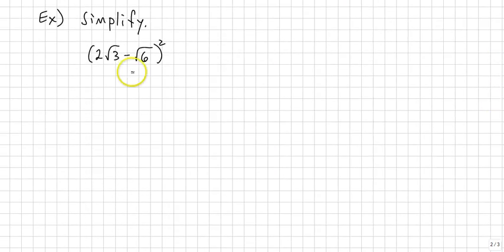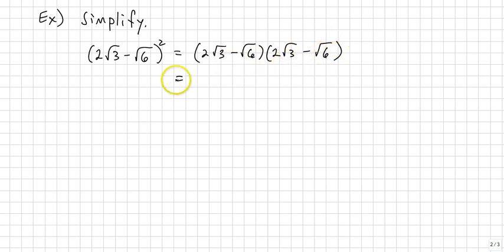So let's simplify this one. I have a binomial that has two radicals in it, square roots, and it's being squared. So we'll just use the definition of exponents. So in this case, being squared, so that just says it's 2 square root of 3 minus square root of 6 times itself. So I'm going to multiply these two binomials together. So I'm going to take 2 square root of 3, and I have to multiply it by everything in this second